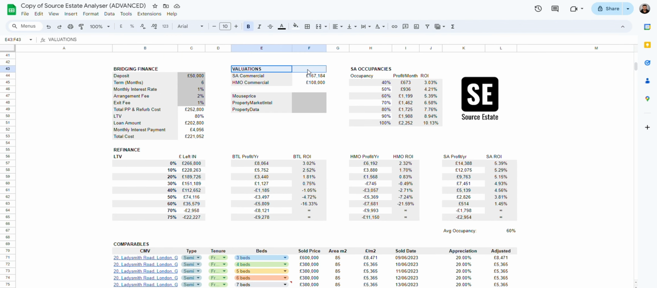Next is valuation. So if you're running it as a serviced accommodation or as an HMO, after a year you can get a commercial valuation on it, and you can see how much you're able to value the property based on a commercial valuation. And then here are computer generated reports: Moz price, property market intel and property data, if you have those services. And then here is another static